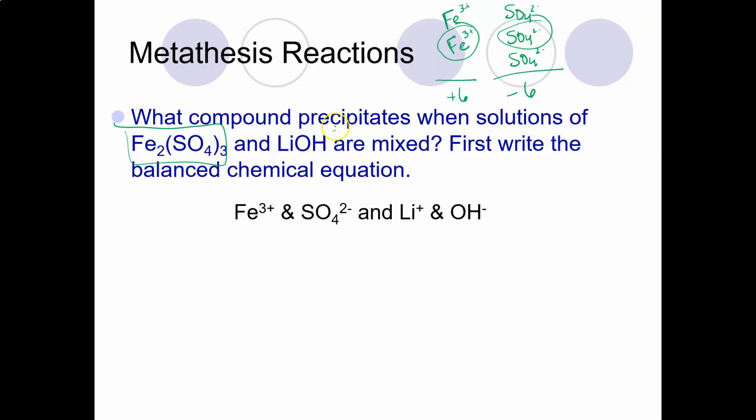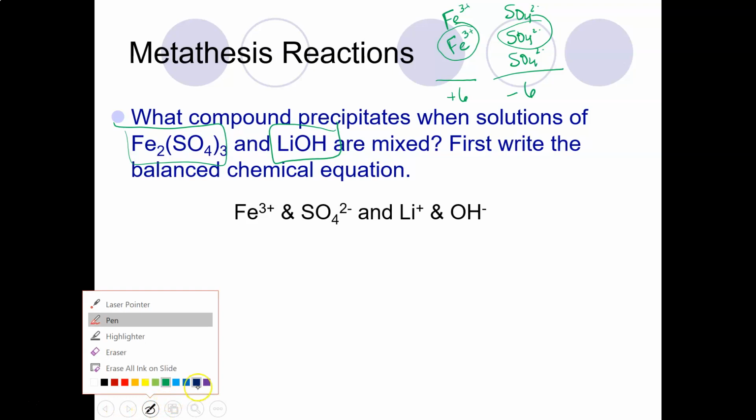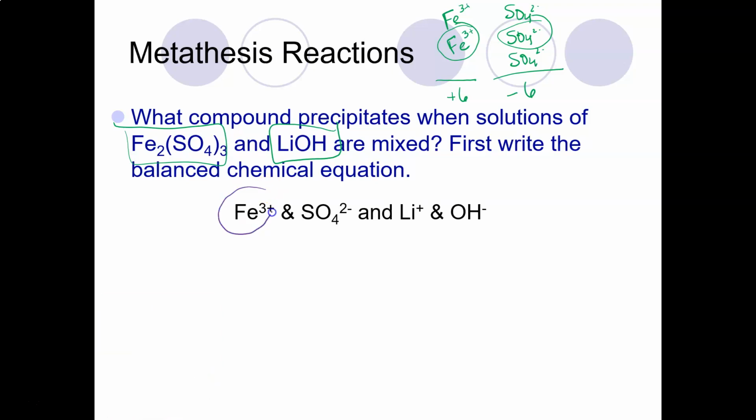So I know that these 2 compounds are my reactants. What I'm trying to make right now are my products. So the positively charged thing from the first compound is going to be paired with the negatively charged thing of the second compound. And the positively charged thing from the second compound will be paired with the negatively charged thing from the first compound. So when I put lithium and sulfate together,